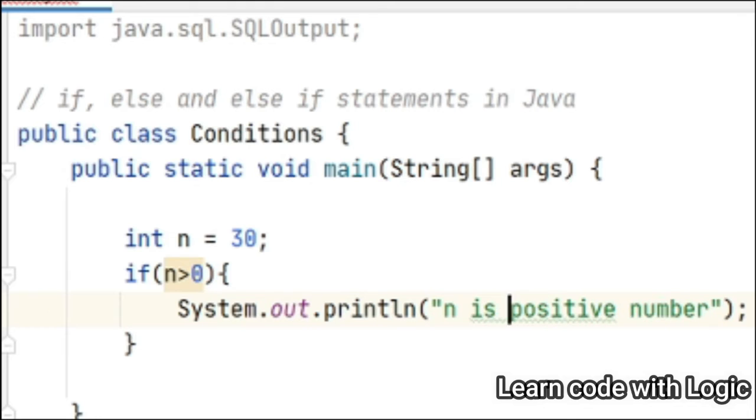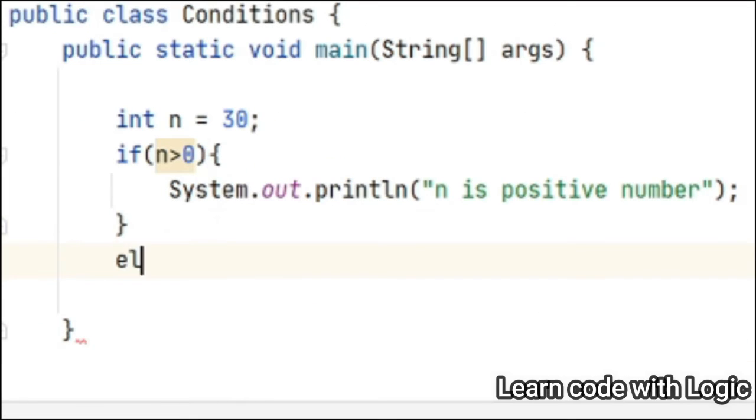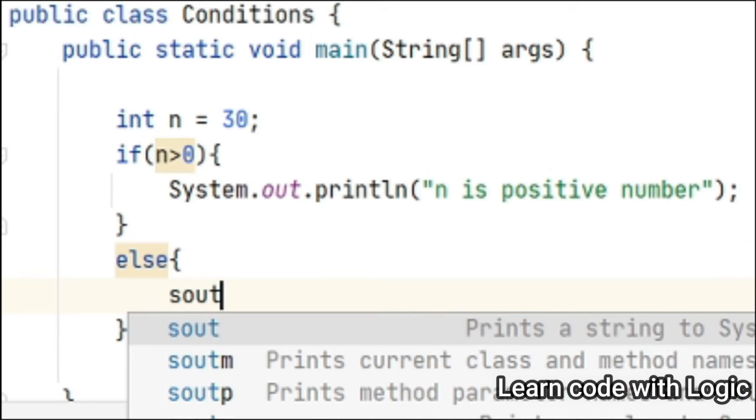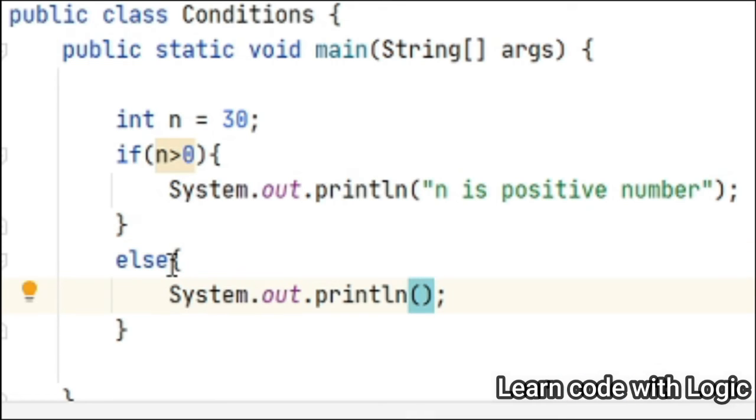We'll give a print statement, n is positive number. We need not give any condition over here. Then n is negative.